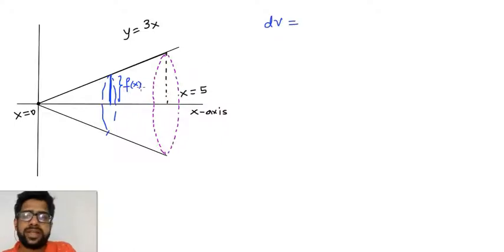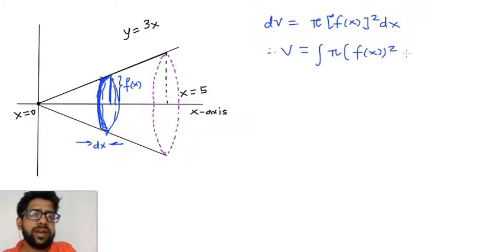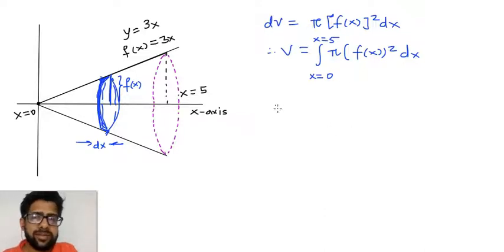The volume of such a disk with some thickness dx is given by pi times f of x squared dx, and the limits for x are x equal to 0 to x equal to 5. Y is equal to 3x is nothing but f of x is equal to 3x. So remember that. In this case, volume can be computed as the integration from 0 to 5 of pi